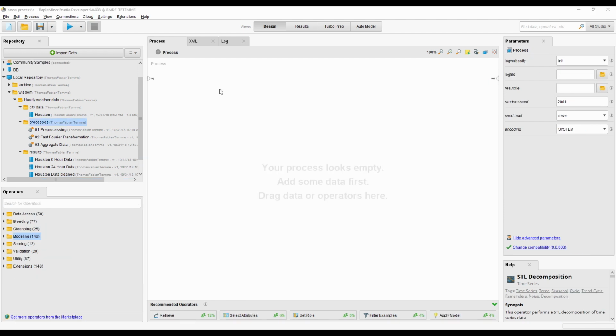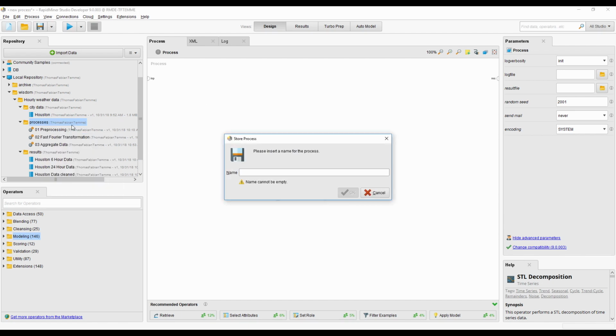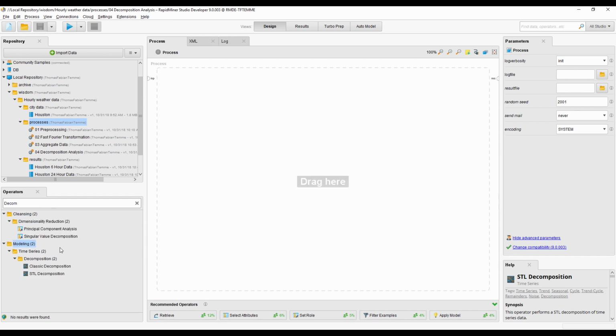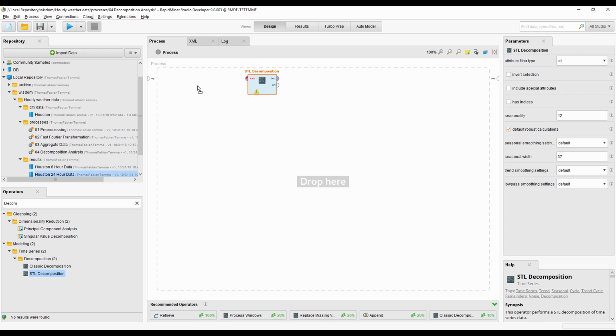A more classical kind of time series analysis is decomposition analysis, and hence I'm calling this process decomposition analysis. Decomposition means that the time series is separated into three different components: the trend component, the seasonal component, and the remainder component. Since 9.1 we have two different operators for decomposition, the classic decomposition and the more advanced STL decomposition. I will use this, and I will use the 24-hour data to connect this,